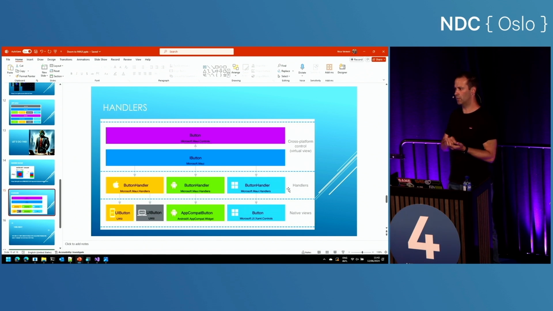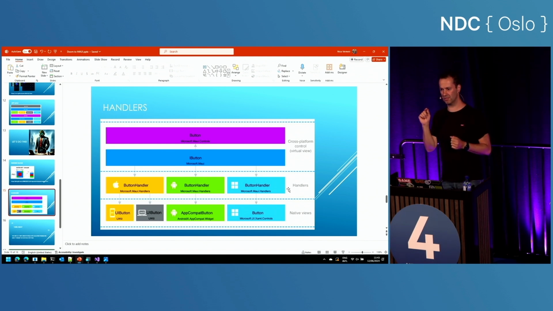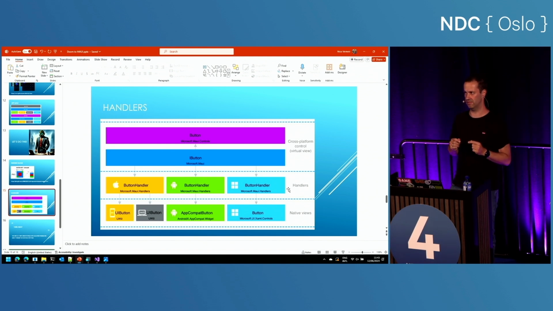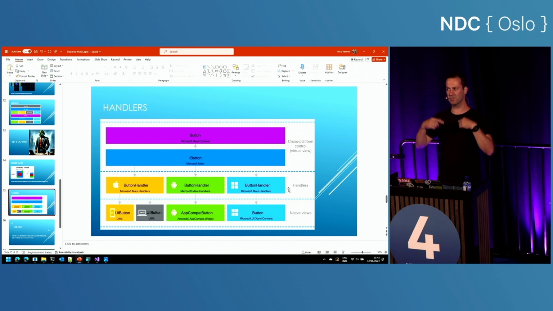But we don't just want touch. This is a game. We want to be able to keep a button pressed so we can run forward. That's not supported. But every platform by itself does contain key up and key down events, which is what we need. But there's no abstraction on MAUI level, so we need to add that ourselves.